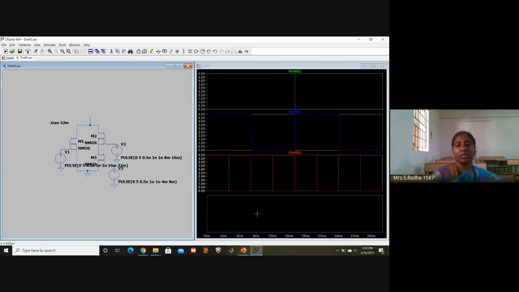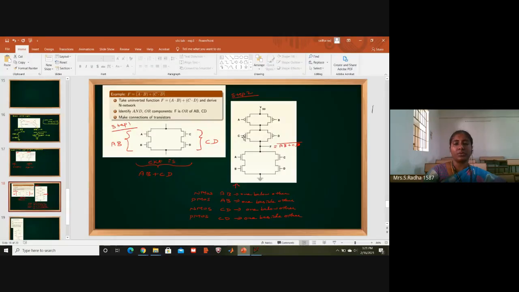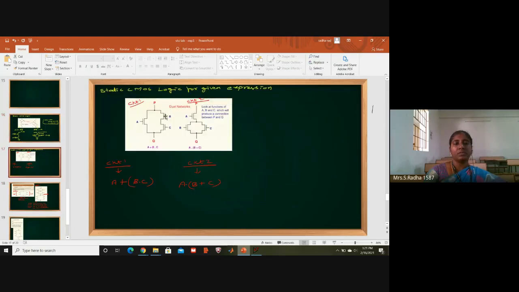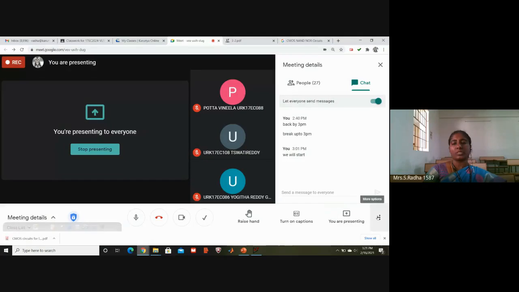Now click on the output plane, run button. This is the output point. Okay, there is some switching happening. You need the truth table in order to check whether the output is correct or not. So you have to draw the truth table for our circuit. This is our circuit, the first circuit. Then only we can decide what the output is. Okay, so this is about drawing the circuit and output for the given expression.